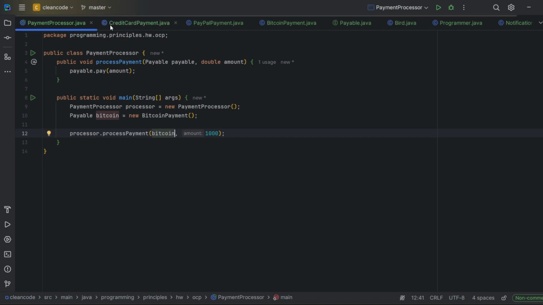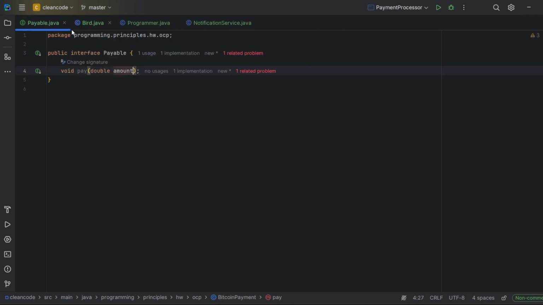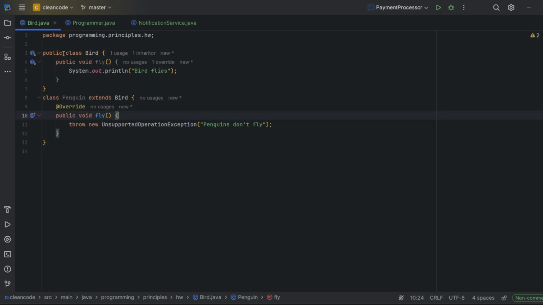Alright, now we can move to the next task. So we have a class Bird that has a method fly, and it prints out the message "Bird flies." And then we have a class Penguin, which extends the Bird. So this violates the Liskov substitution principle,